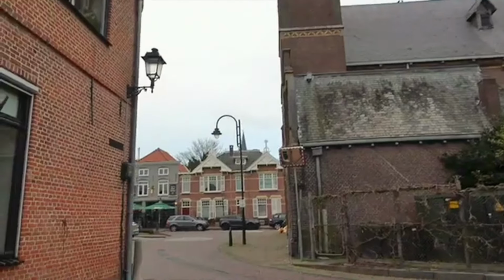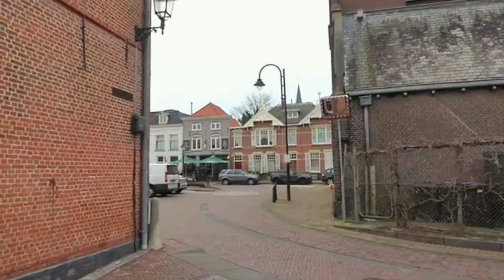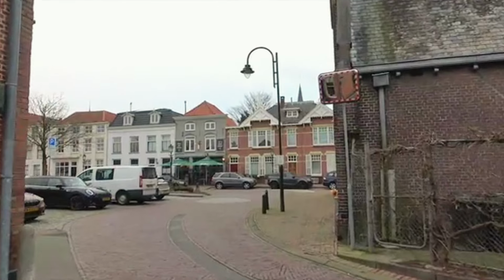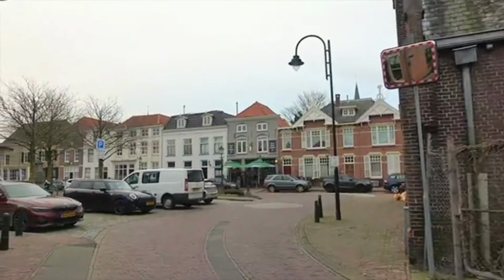Sorry, you said we're on an island? Yeah, exactly. We crossed the bridge to get here. That's the proof. It's been destroyed quite a little bit by nature, but in the 1600s it